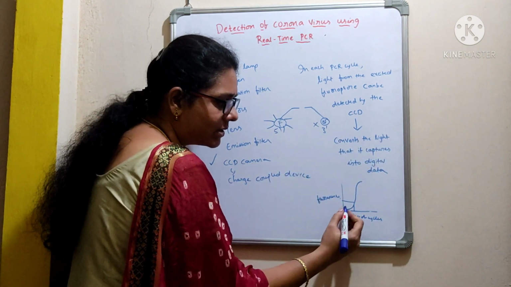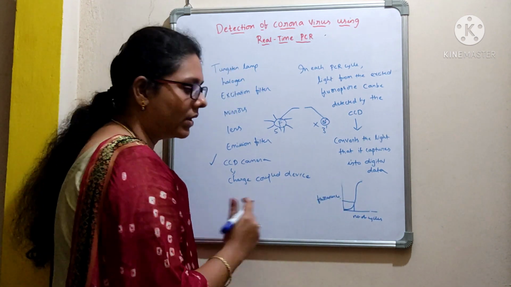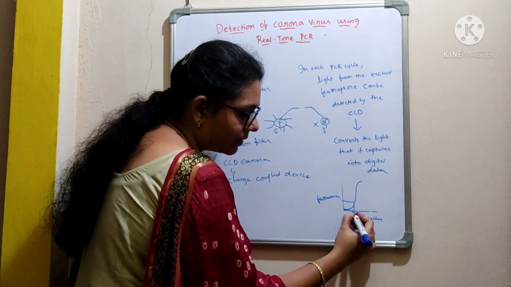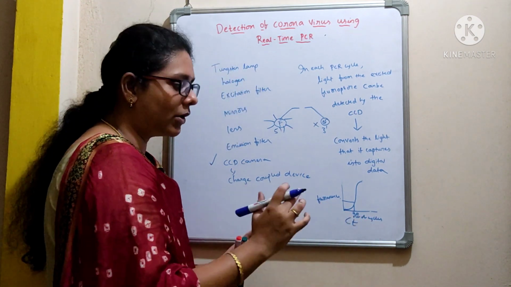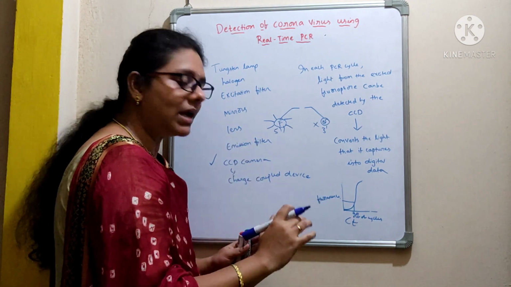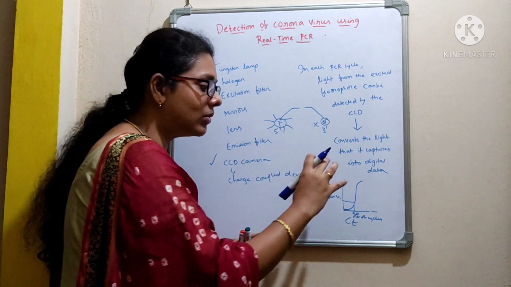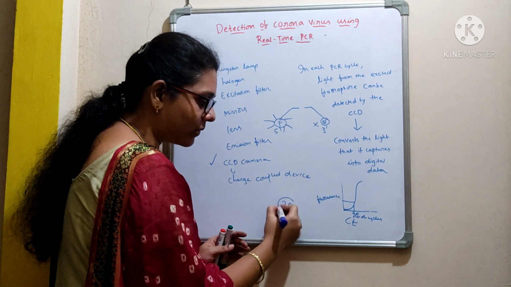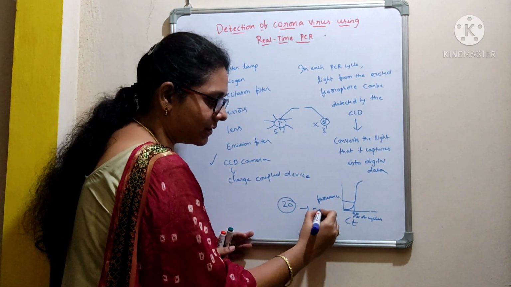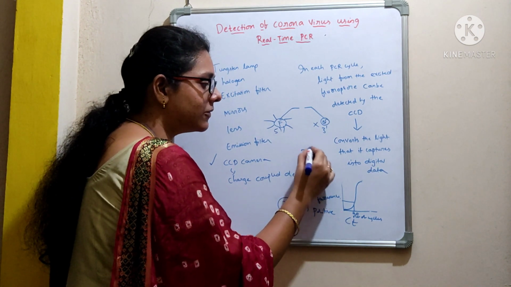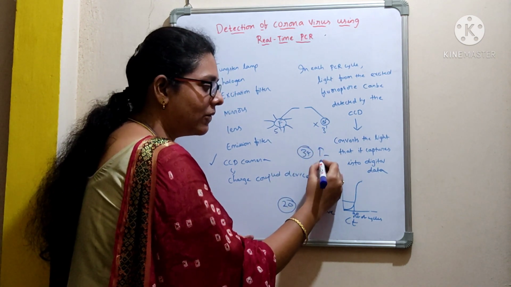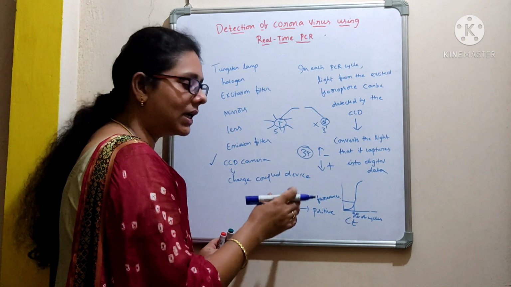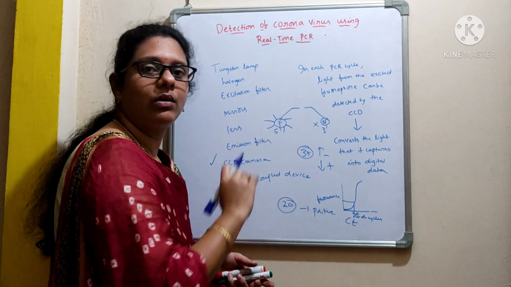If you look over here, this is how you will see a curve, and you need to check the CT value. For example, here this is about 20 cycles. Suppose the number of cycles was around 20. That means it took 20 cycles to detect that particular amplified gene. So the CT value will be reported as 20. That means the person is positive. As I told you, 35 is the fixed value; above 35 is negative and below 35 is positive. So if the person is given a report of CT value 20, it means he is infected with coronavirus.